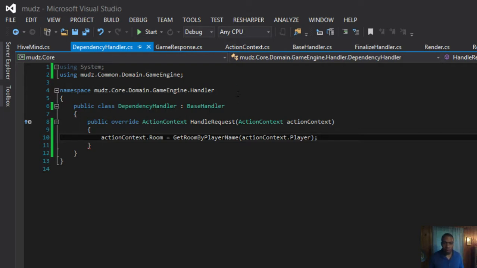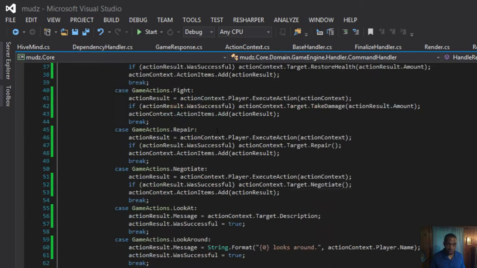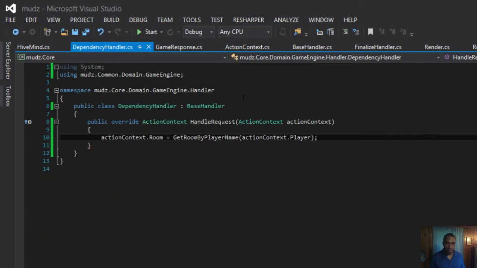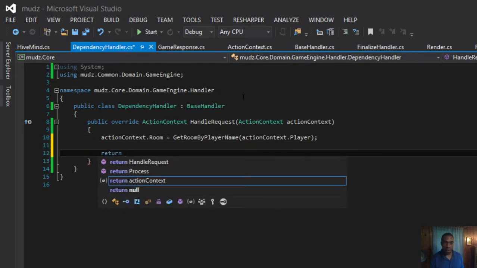Alright, so, and then we're going to look at our other finalize handler, for example. Oh, we got to fix that guy. Holy tornados. I don't know what that word is. Tornados. I do not claim to know what that is. I just opened my mouth and a sound came out.